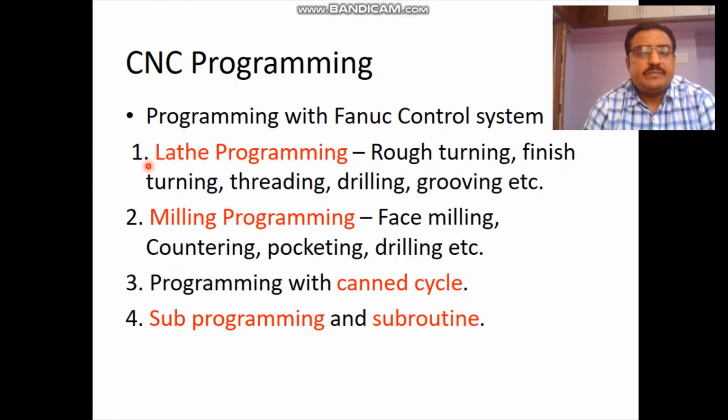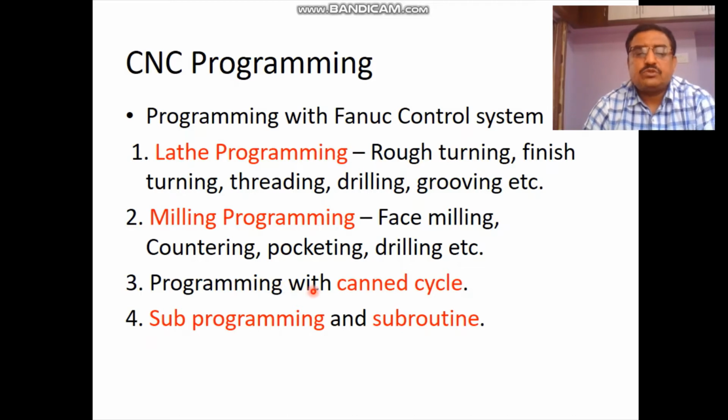The program will be written for these 4 types. Lathe programming for lathe operations like rough turning, finish turning, threading, drilling and grooving. With these operations for lathe you have to write a program, or for milling operations like face milling, contouring, pocketing and drilling you have to write a program.